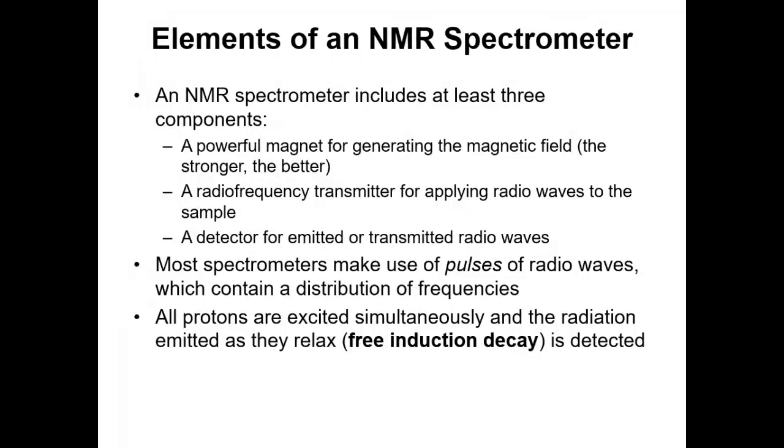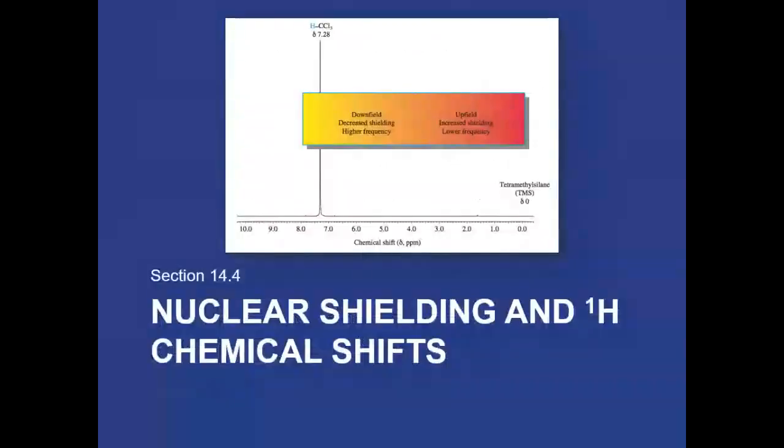The superconducting coil, as far as the current state of the art, still needs liquid helium. Liquid helium is very expensive. That's why running a modern NMR instrument is actually pretty expensive. But anyway, you need a powerful magnet, a radio frequency transmitter to apply radio waves to the sample, and a detector for detecting the emitted or transmitted radio wave. So those are the major components of the instrument, but I'm not going to tell you details because we'll mostly talk about how to